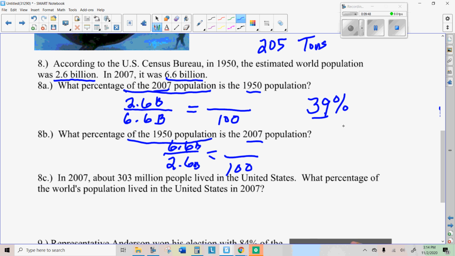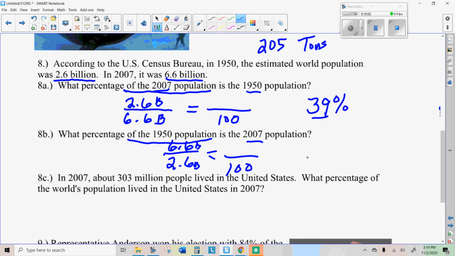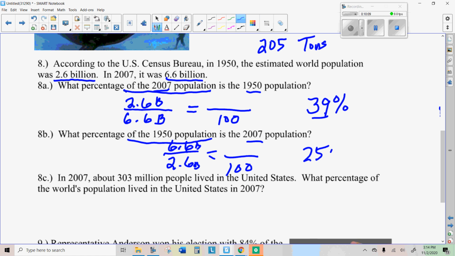So we're going to do 6.6 this time divided by 2.6. Multiply that by 100. And that is about 254%. So the 2007 population, since it's bigger, is 254% of the